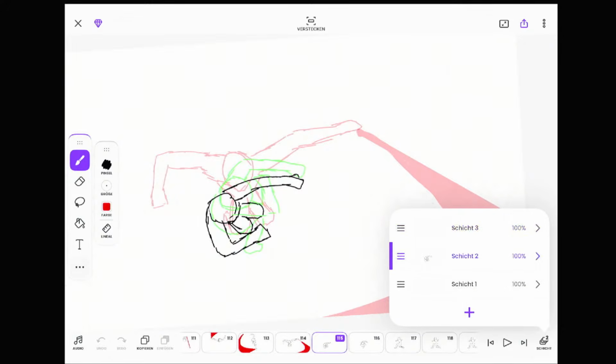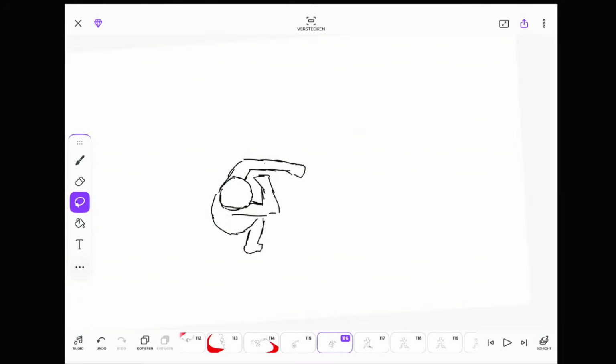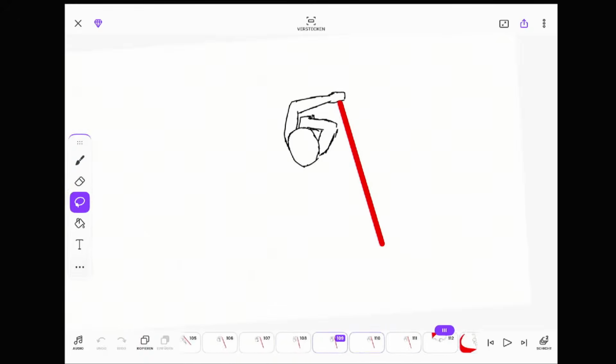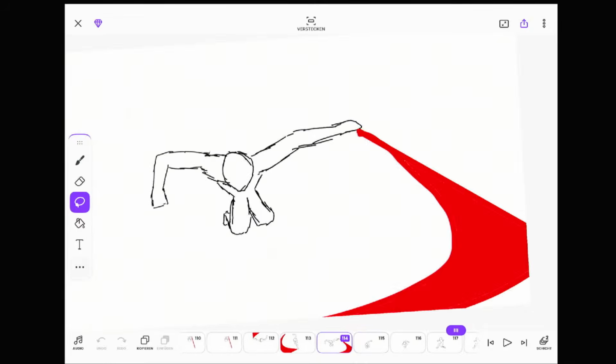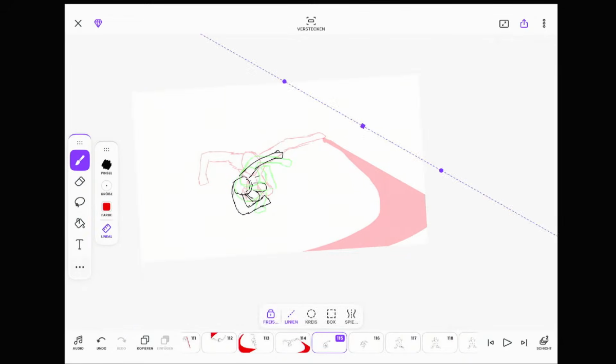Is to move his arm a little. What FPS are you using? I'm using